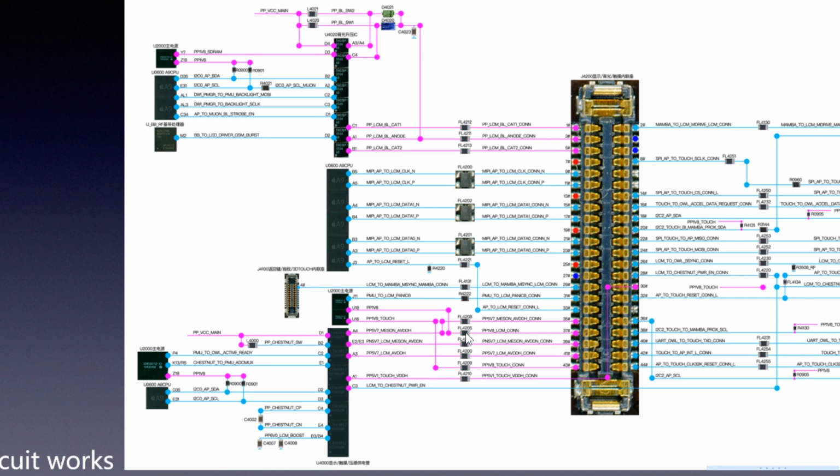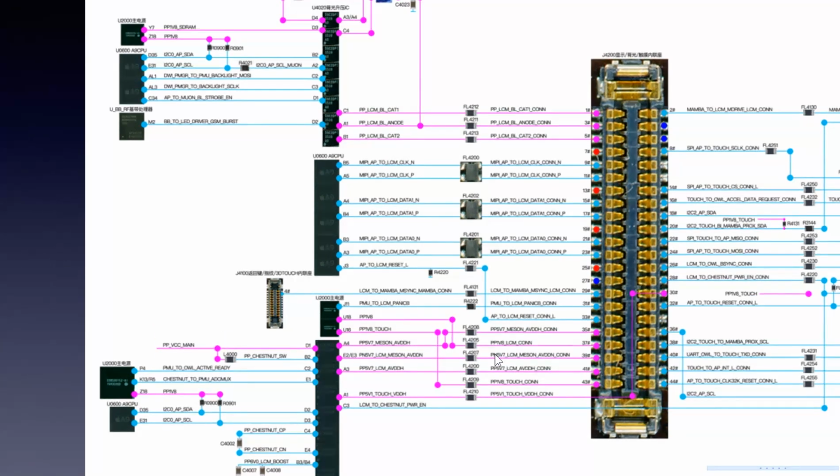And who sends this power? As you can see, this line is controlled by the U2000, the PMU, the main power IC. The U18 pin sends this power to this connector. Now we see pins 13.5 and 13.9, and 14.1, these lines. As you can see, here is